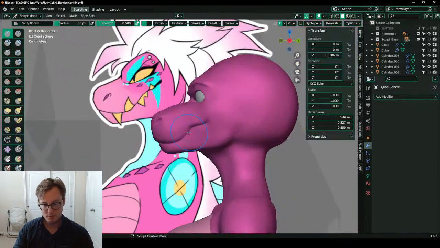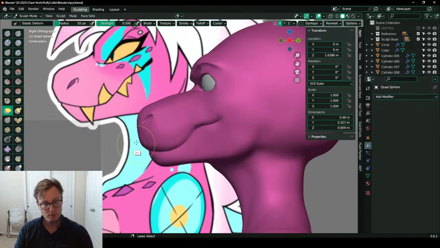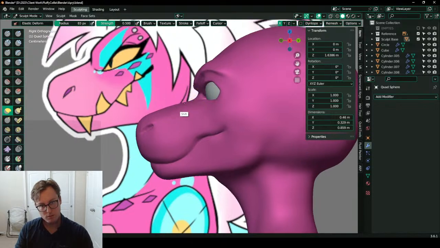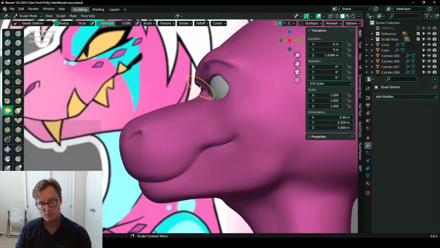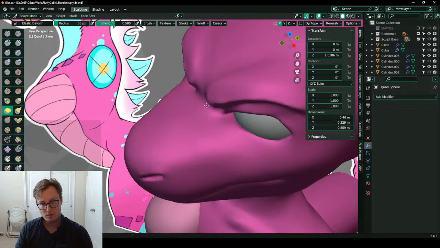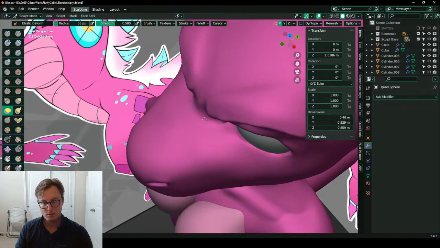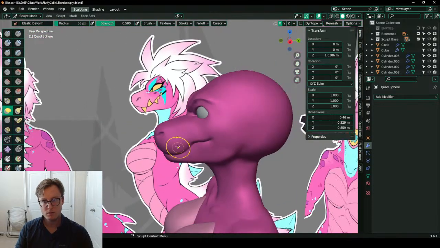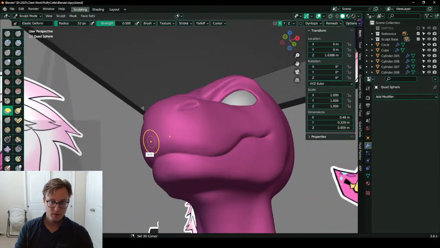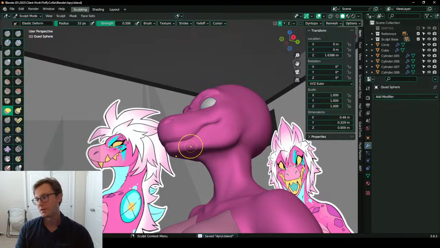It's form, iteration. Oh, the teeth are going to be so much fun.